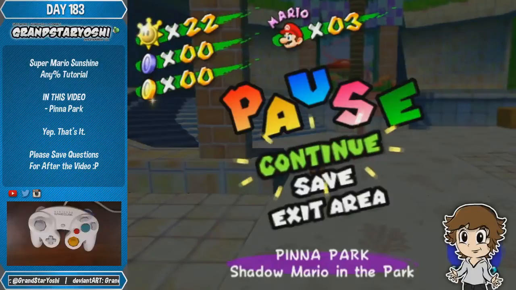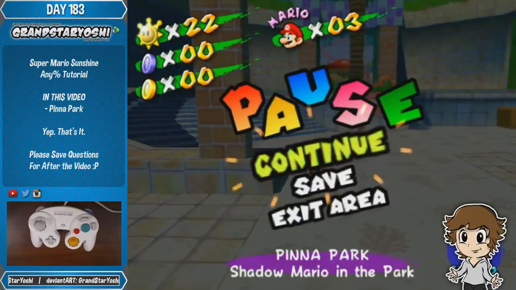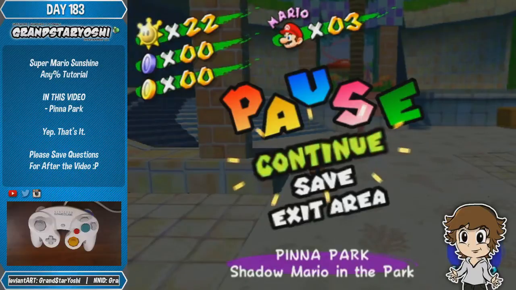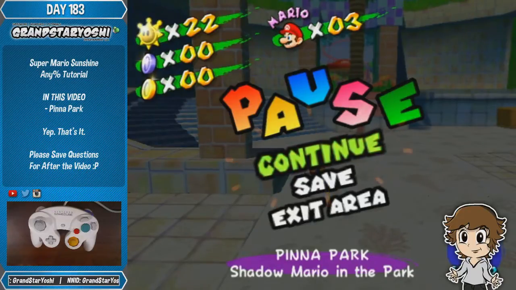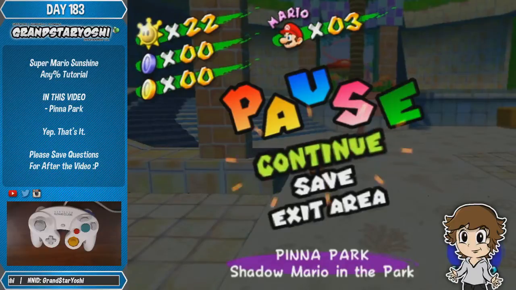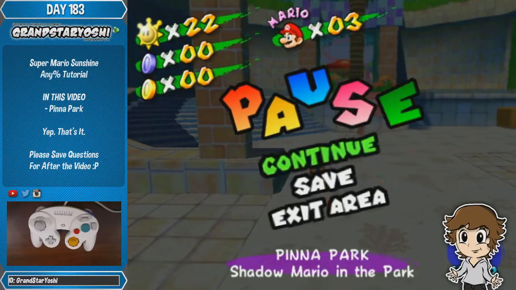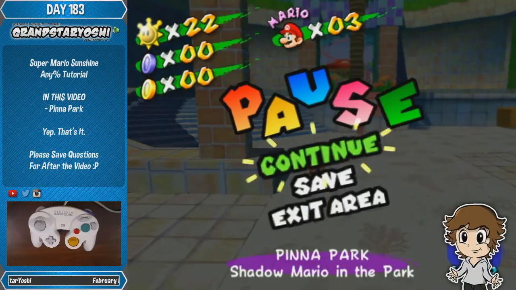I didn't mention this in Pinna 1, but as you saw, every time you enter the park, you will have to watch that little cutscene that explains what you're doing. For instance, in Pinna 3, it showed you where the red coins are. In Pinna 5, it showed you the Ferris wheel. In Pinna 6, it showed you the merry-go-round. Every single time you enter the park, you will have to watch those cutscenes, except for Pinna 1,